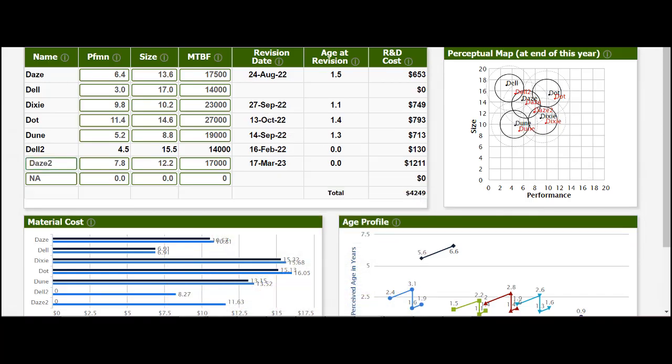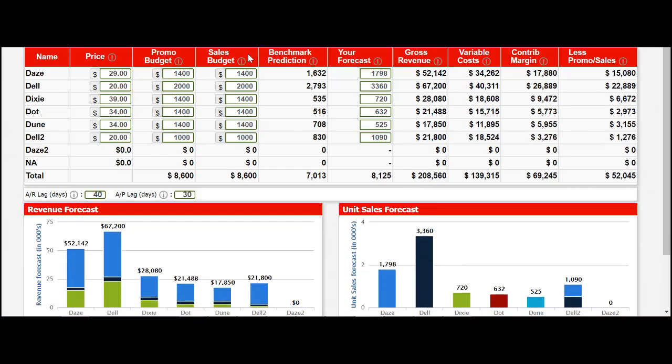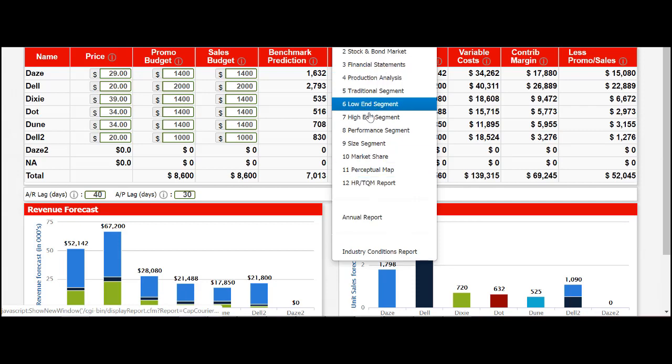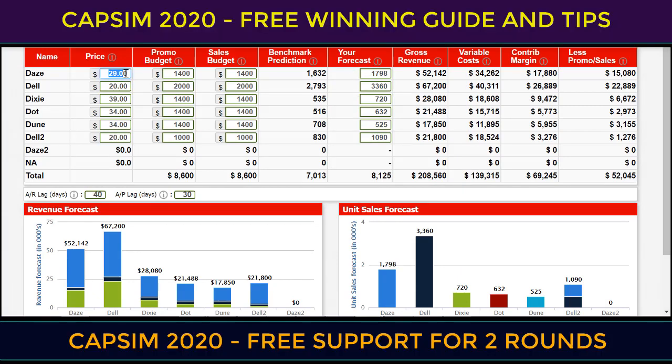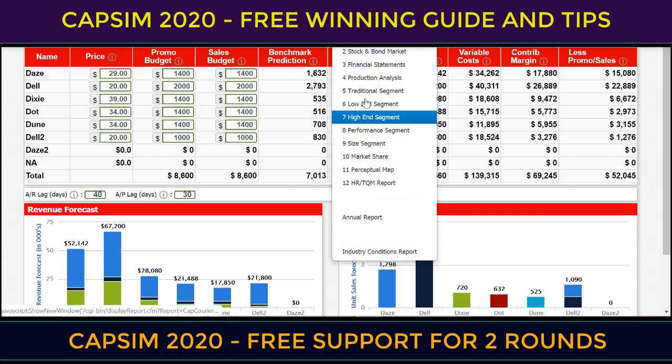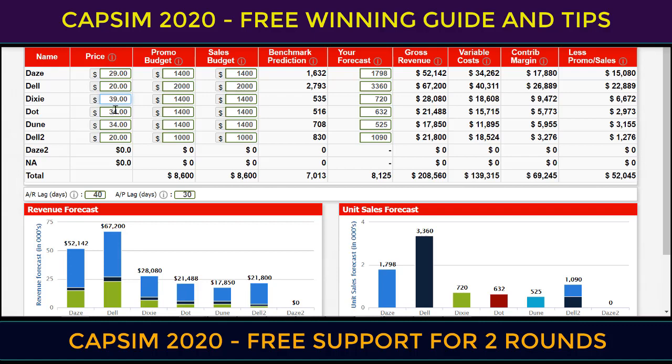And now we go to the marketing decision. For the marketing decision, we check the report here to find the best price for each segment. So here we reduce the price from the previous round. We also need to check here to find the price of competitors, and we can reduce the price by 50 cents. Again, reduce the price by 50 cents or lower than the price of competitors, but around this number to keep a good